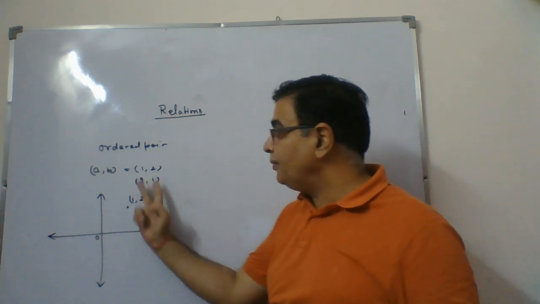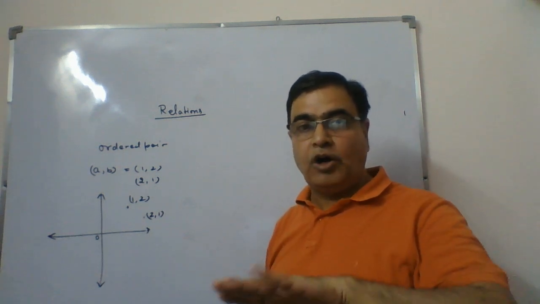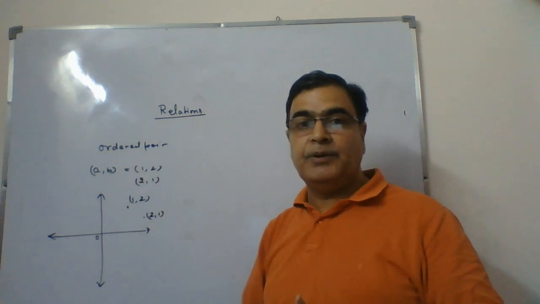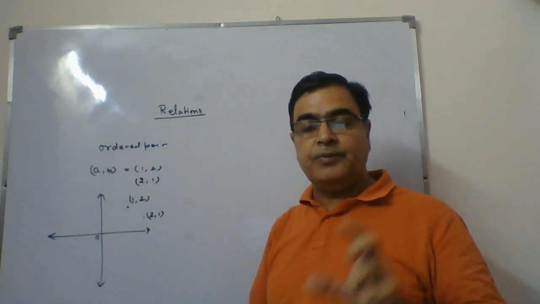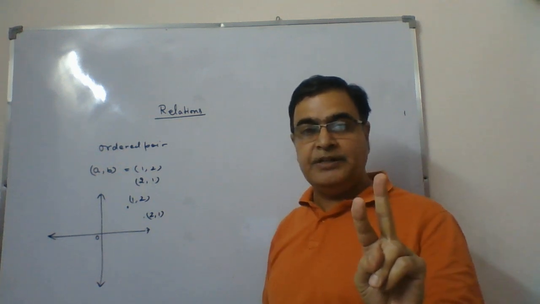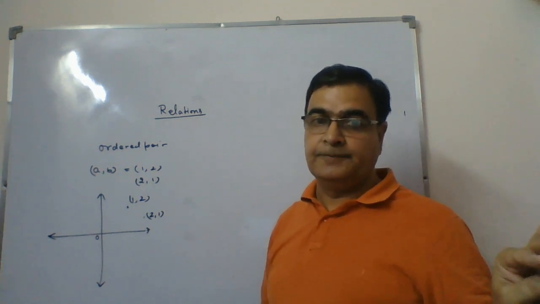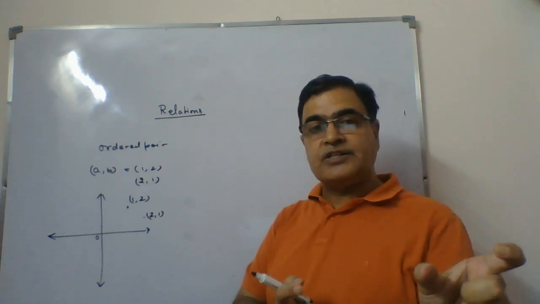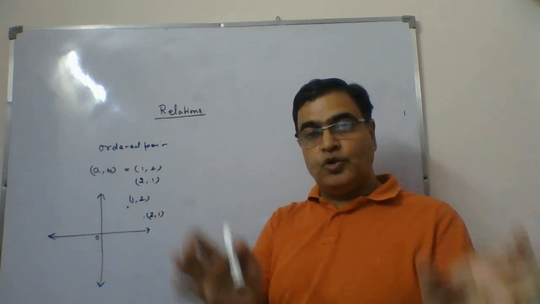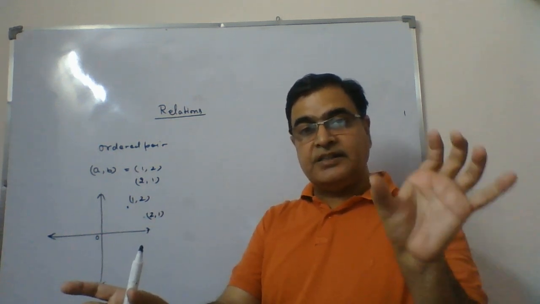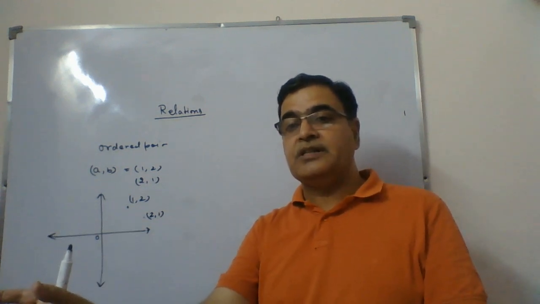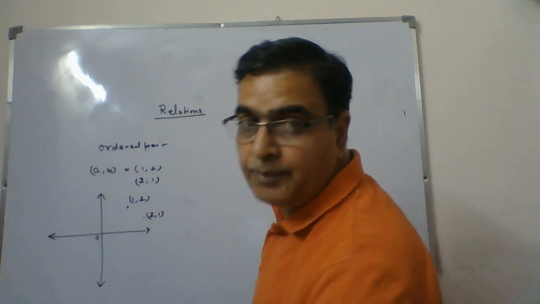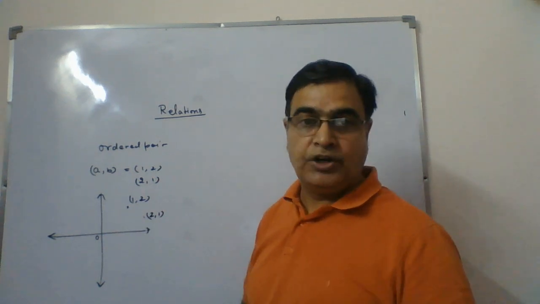So in an ordered pair the order is very important, and if the order is changed, we will get a new element. That is the first thing you should keep in mind. What is an ordered pair? An ordered pair means simply a collection of two elements which specify a certain order. Whenever we write our name, we always write our first name and then our last name. Whenever I say Sanjeev Sharma, it is clear my first name is Sanjeev and the last name is Sharma. So that's why there is an ordered pair in this type of thing.